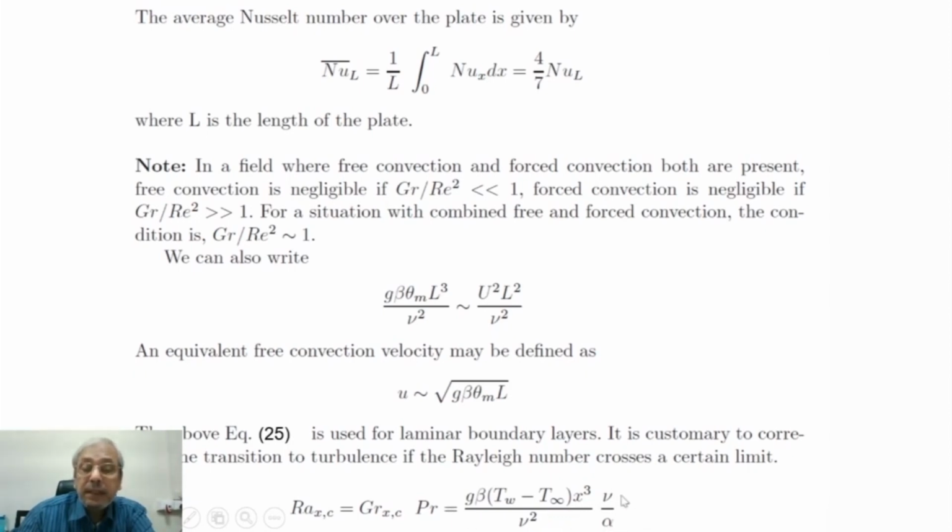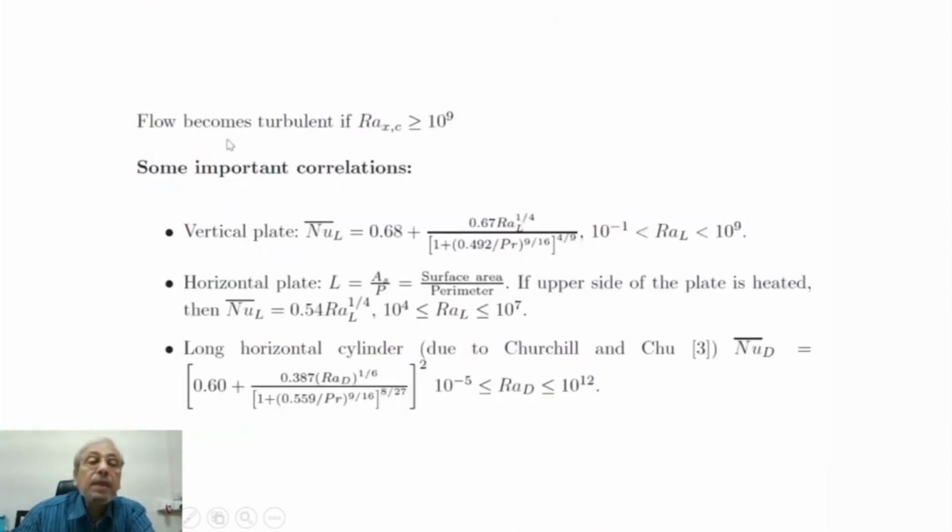This quantity nu by alpha is the Prandtl number. This is the Grashof number. Grashof number into Prandtl number is the Rayleigh number. So if the Rayleigh number crosses 10 power 9, then the flow becomes turbulent. Now, without going into the basic derivation that we have done for laminar free convective flow, here we can give some